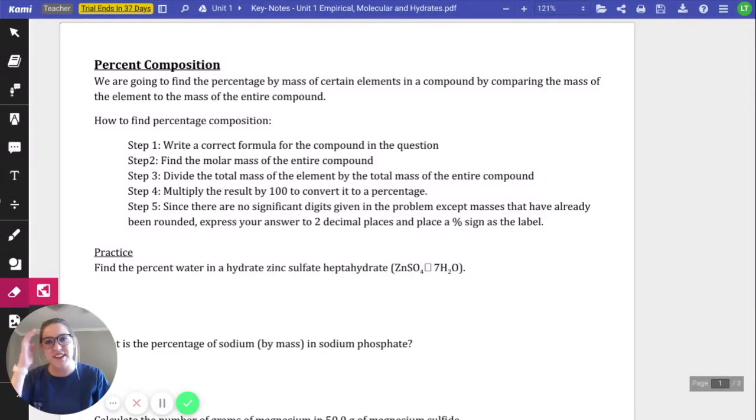So today you need a calculator and a periodic table, and then of course something to write on and something to write with. Let's get to it. All right, guys. So today,